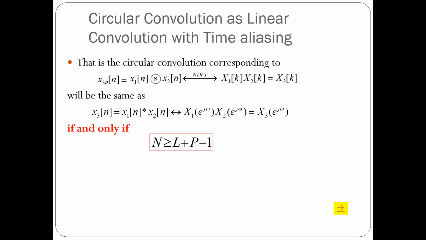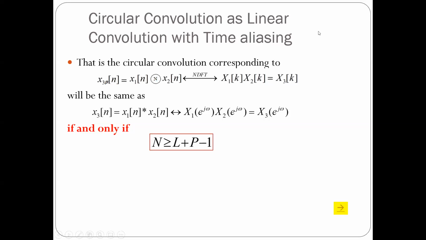Right. So for zero time aliasing to occur, or in order to avoid time aliasing, what should you do? Sir, that condition has to be satisfied. What is the condition? N greater than or equal to L plus P minus 1. Okay. So you also appreciate that even if N is less than L plus P minus 1, then in such a case also, there is an overlap of samples. Yes. And some of the samples are therefore incorrect. The samples that overlap are incorrect, and the samples that do not overlap are correct. Correct. Okay. So we will need both these results.